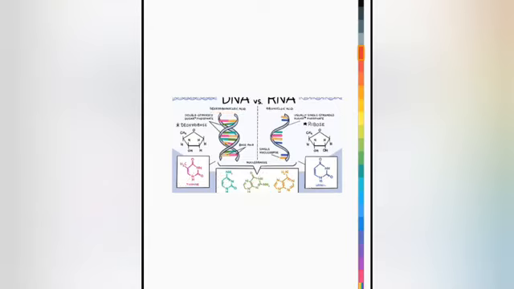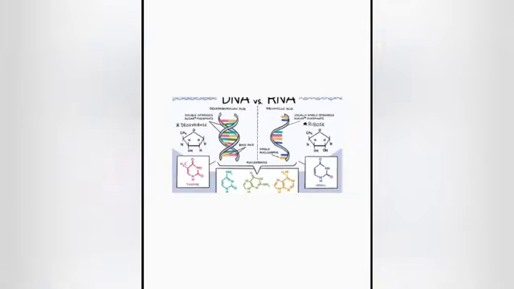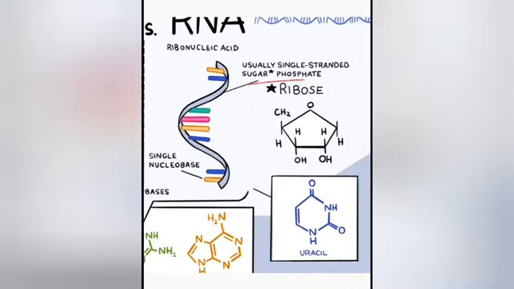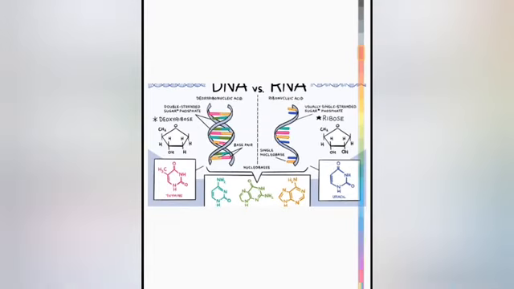And the other component that is present is the sugar phosphate. Sugar phosphate, as you can see, is written here. So the backbone of these strands is made up of sugar phosphate, which makes the basic structure of the DNA or the RNA. Sugar means it is made up of either ribose or deoxyribose sugar, and phosphate means there is an H3PO4 group there which makes up the basic structure of the DNA or the RNA. The difference between DNA and RNA is extremely important, so you have to learn that from your book.